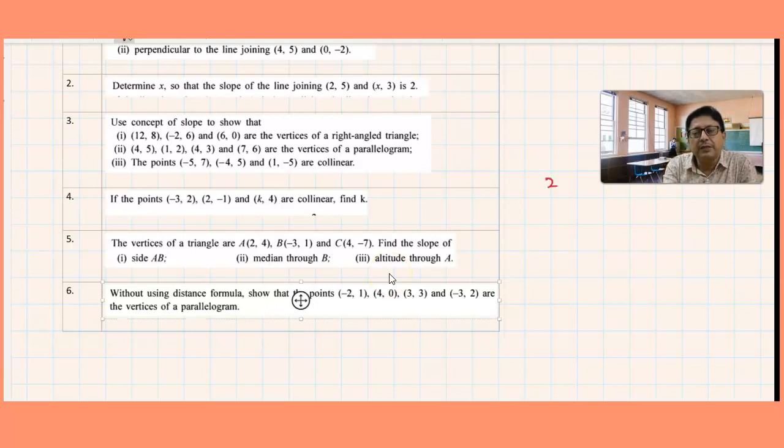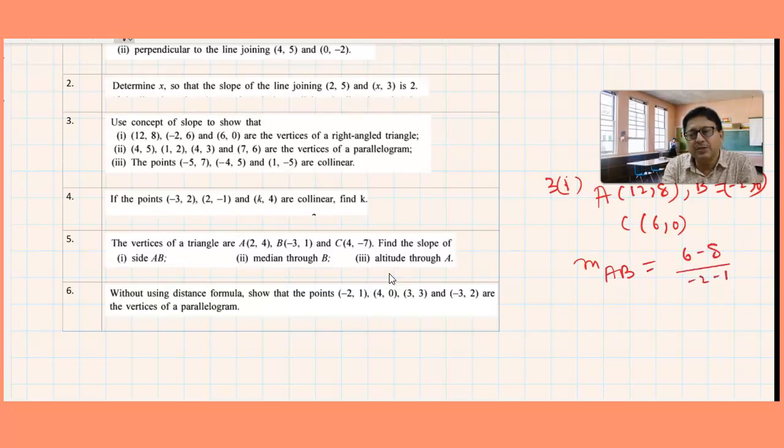See part 1. Take A as 12, 8, B as -2, 6. For the slope of AB, I am writing the slope as MAB, 6 - 8 by -2 - 12,